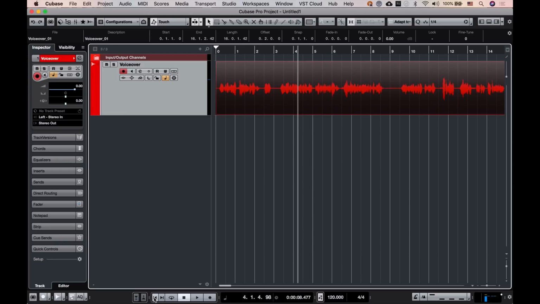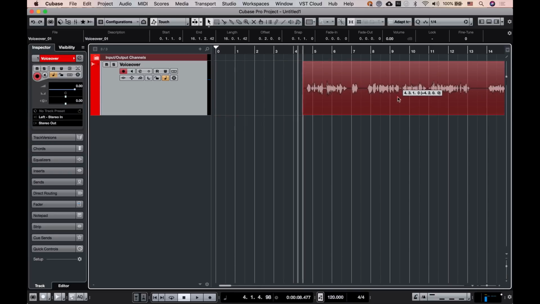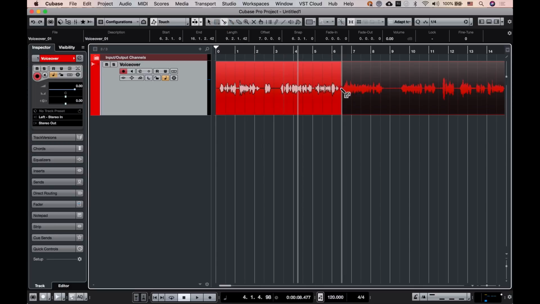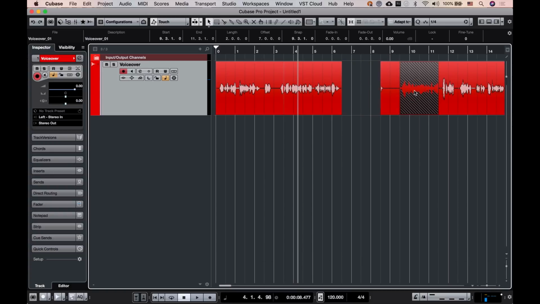And once the audio is inside Cubase, we can do so many things with it. We can add effects to it, we can mix it, we can clean it up, we can enhance the frequencies of a recording. It's very, very powerful. The other thing that we can do is move stuff around. If I want, for example, to take this and move it around, I can just do it like that. I can get my scissors tool and cut in various places like this, and then I can move things around